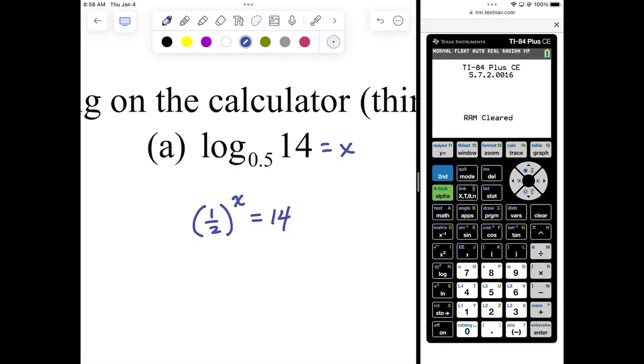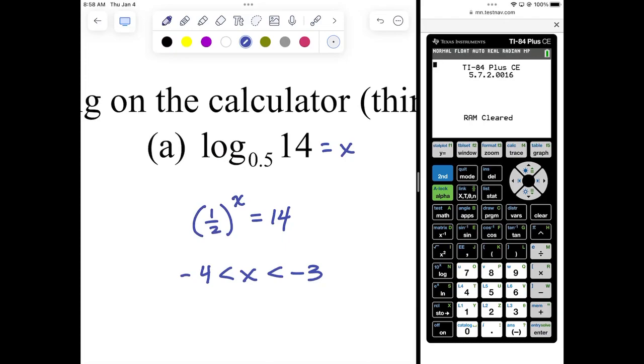So it's going to be somewhere between -3 and -4. So I'm going to say -4 is less than x is less than -3. Just by kind of playing around with it in our head, I know that x has to be somewhere between -4 and -3. So I know log base 0.5 of 14 is some number between -3 and -4. Let's see if we can figure out